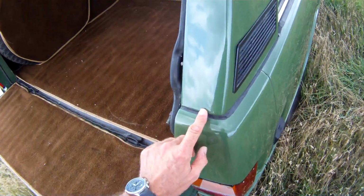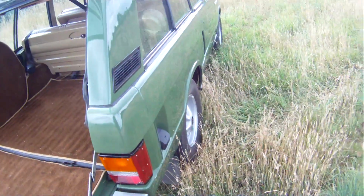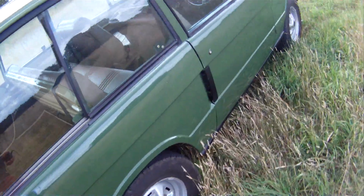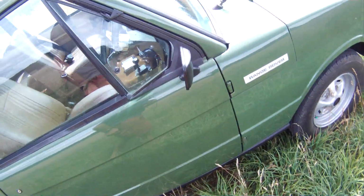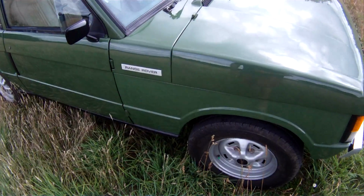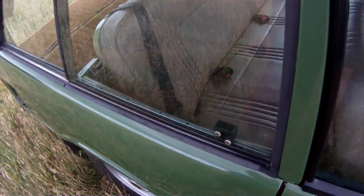A little bit of tiny blemish on the back of the pillar just there. Correct, being a Suffix A, that it hasn't got vinyl covered pillars. And a little bit of paint loss just here and here on the offside rear wing. But otherwise, again, looking down the side, really straight, really nice, just a first class example. A little bit of paint loss on the back edge of the driver's door just there. But otherwise, what's that there? It's like a mark in the paint just there on the edge of the bonnet. Otherwise all good. And inside here, again on the driver's side,